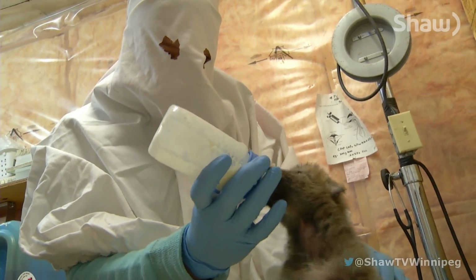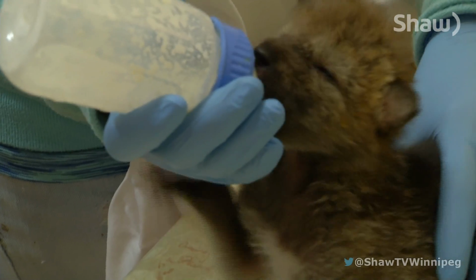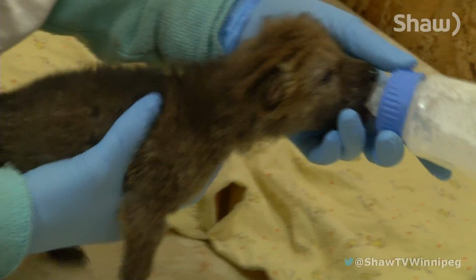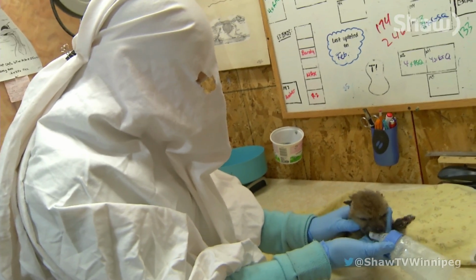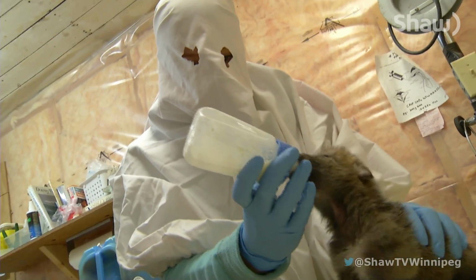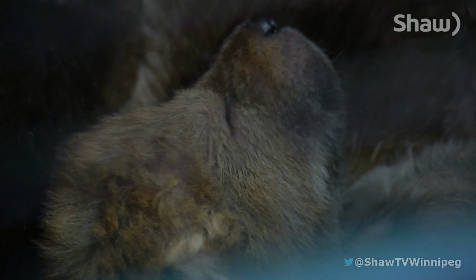The pups are fed in this way 5 times a day with formula that's specific to coyotes. They've already doubled in size, but as they get bigger, the feeding times will be less frequent. We would also introduce more natural foods rather than just milk, solid foods or fruits, vegetables, meats, whatever they would eat in the wild. All the time being very quiet so that they never get used to human sounds and